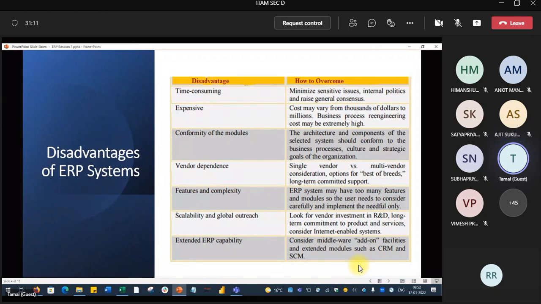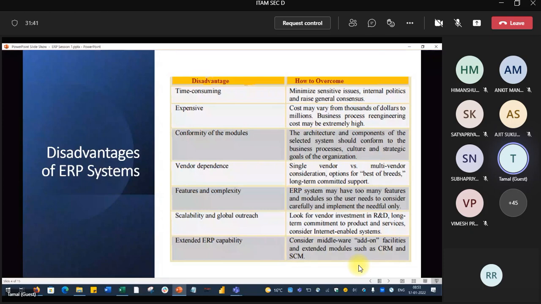Then extended ERP capability. Extended ERP capability is SCM and CRM. They are basically not ERP, but if you need, the ERP can be extended to supply chain. Everybody is doing that; actually, it is not extended anymore. And CRM, with the advent of call center culture, the calling culture to get solutions and resolution of your trouble.